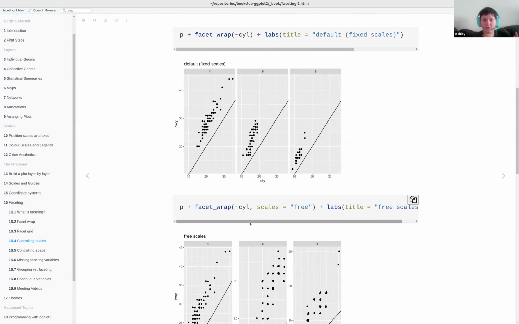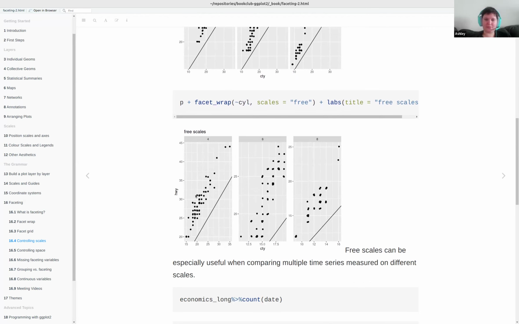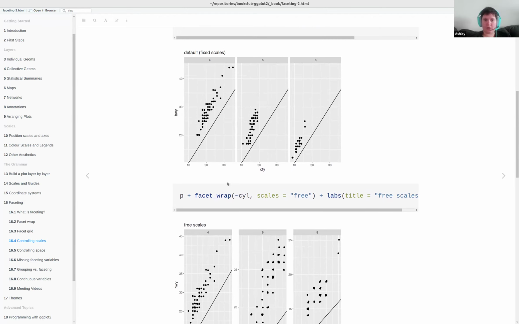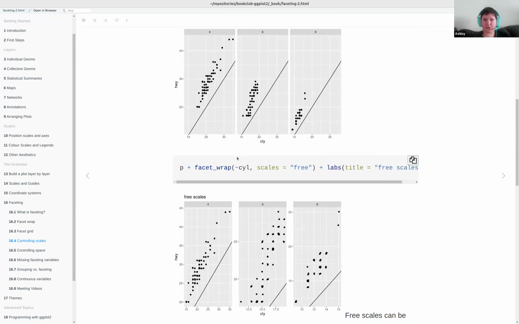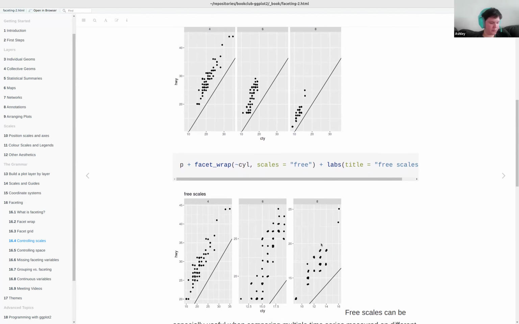If we then give our scales free rein, it starts to look like this. So what we can see is that we now have a different X and a different Y axis, so different scales for each of our little facet plots. In this case, we are able to see that we have basically a very similar slope between the two, but the range